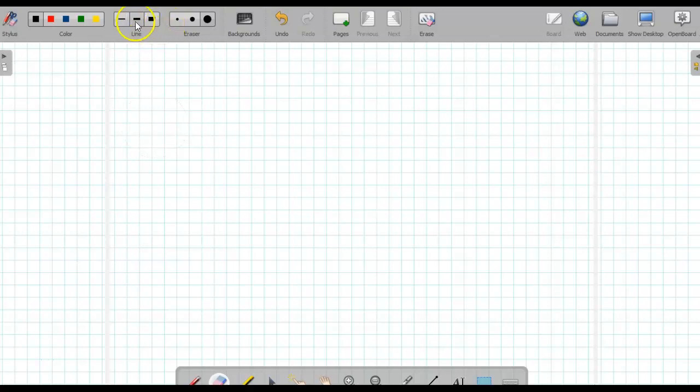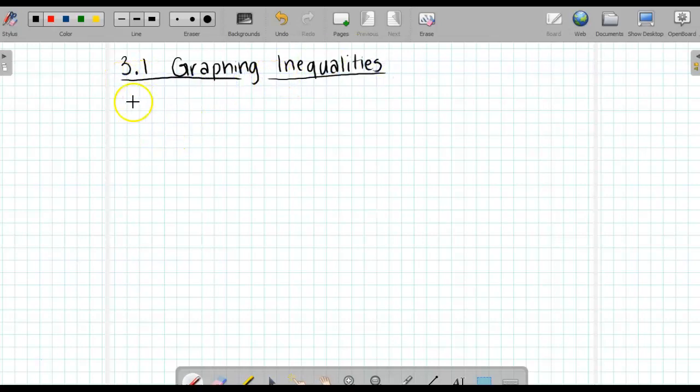In this section, we are going to be looking at section 3.1, graphing inequalities. Alright, so for graphing inequalities, what we're going to start with is graphing expressions like x is greater than or